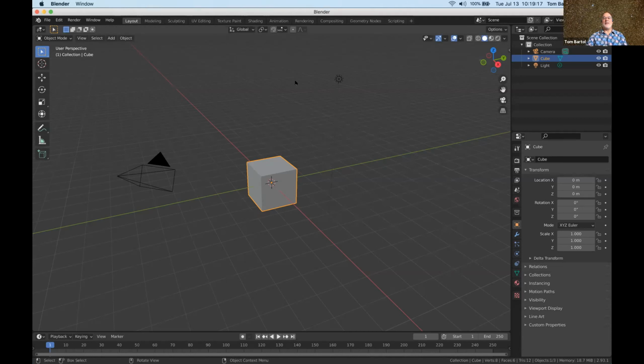But okay, so in the 3D view window, by default, when you first come into things, you'll see you have a cube object. That's kind of like your lump of clay. If you're a sculptor in your studio, you might have a lump of clay on a table in the middle of your studio. This is like the computer graphics artist's lump of clay right here. Okay, and then you'll also have a camera and a lamp. So if you're a director